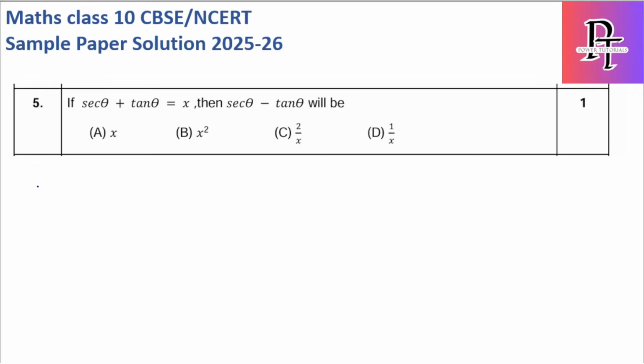As I told you, we have a total of 3 MCQs, 1 two-mark and 1 three-mark question. We will solve all of them one by one. The first one, the fifth question, they are asking